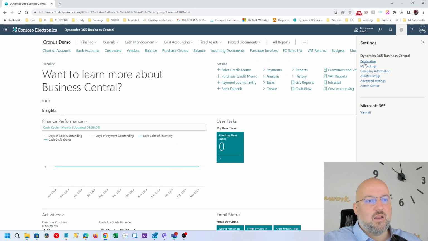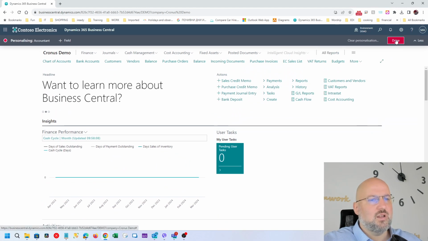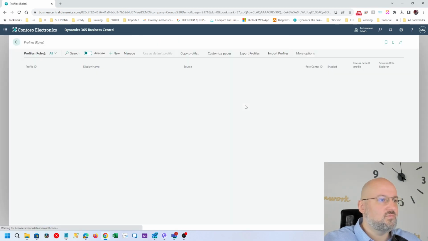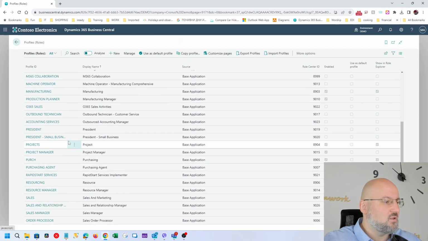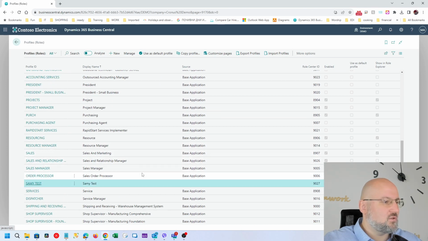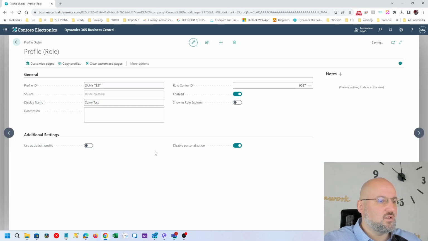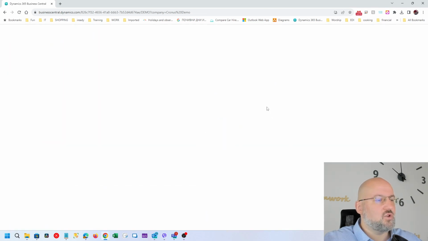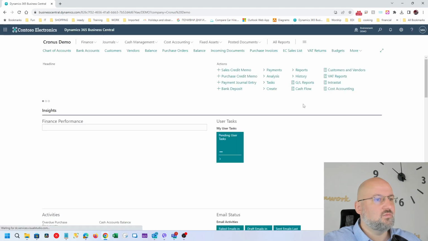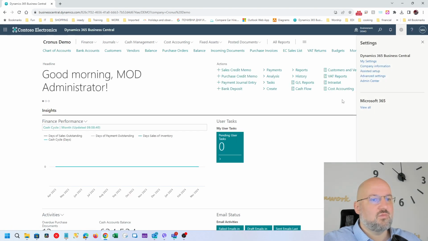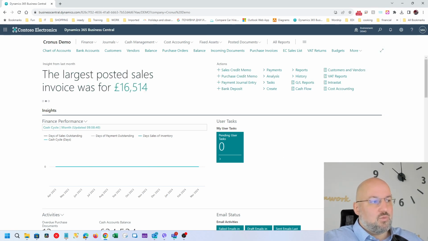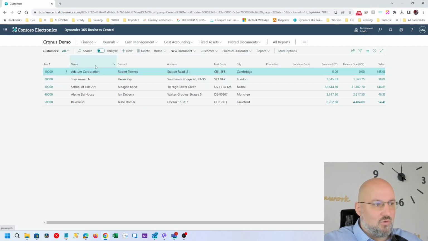And by the way, did I leave the personalization? Let's check. Actually, I don't remember if I left this one in. We can say disable personalization. And let's go ahead and refresh. And as you can see, the personalization is gone, so that's a very easy way to control who gets to do what. So now if we go to the customers list, you see that by default it's rearranged the way we did,